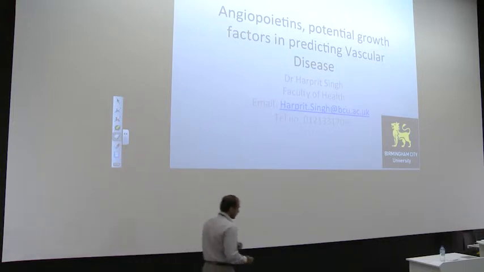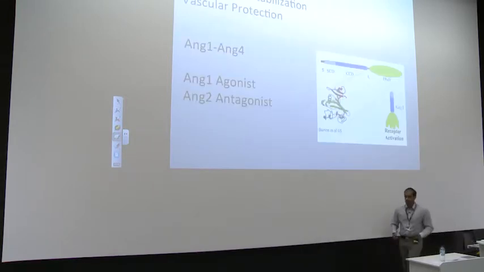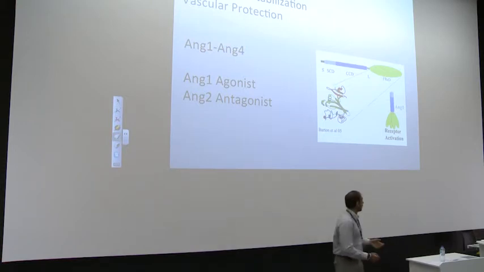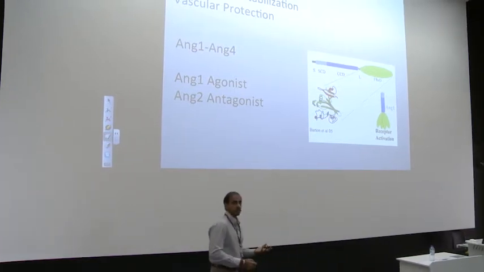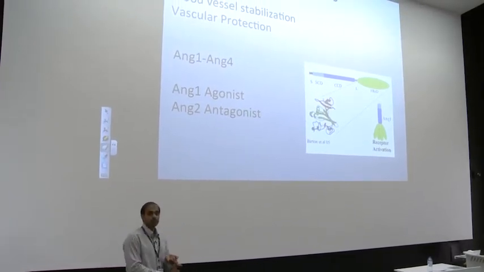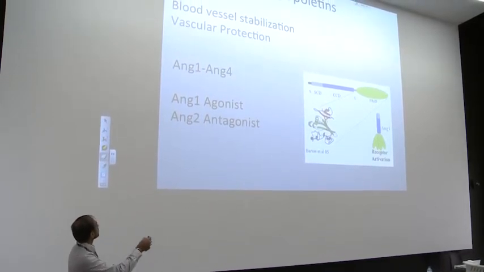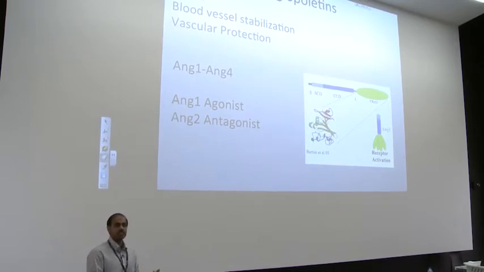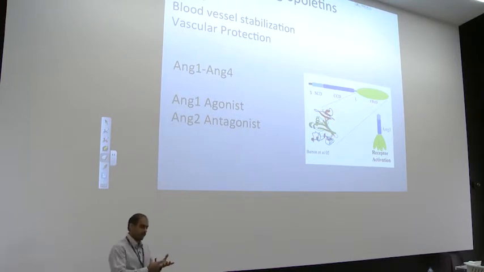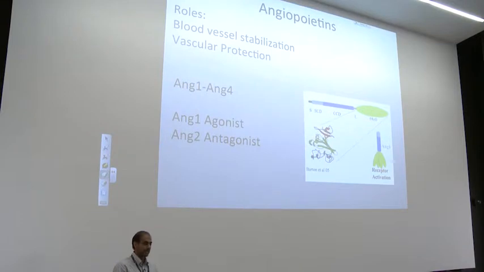So a quick introduction in terms of what these molecules are. These angiopoietins are growth factors. They are glycoproteins, made up of proteins as well as glucose molecules. Their main role in blood vessel function is to maintain blood vessel stabilization and protect the vasculature, especially in adulthood. During blood vessel angiogenesis, when you have blood vessel development, they are quite active during the neonatal stage, but during adulthood they have a protective role,